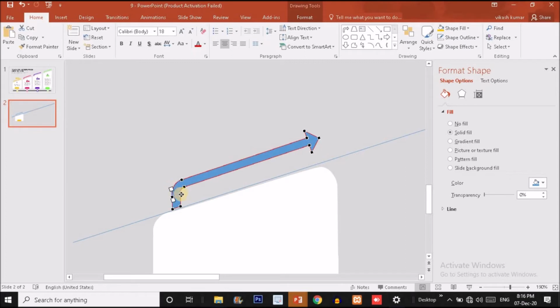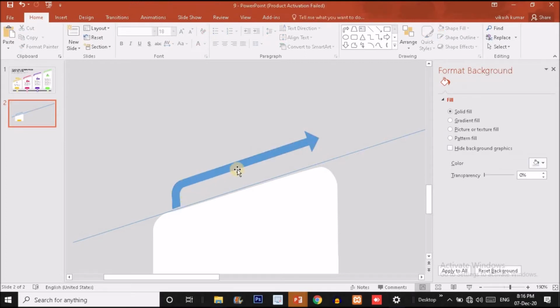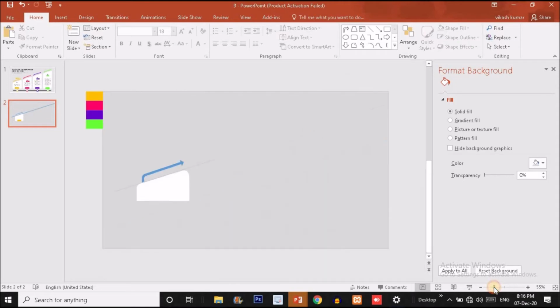So make the adjustment until you get the desired shape. I know it will take some time, but you have to do it very carefully, guys. Now I think the shape is perfect. So now zoom out from here.